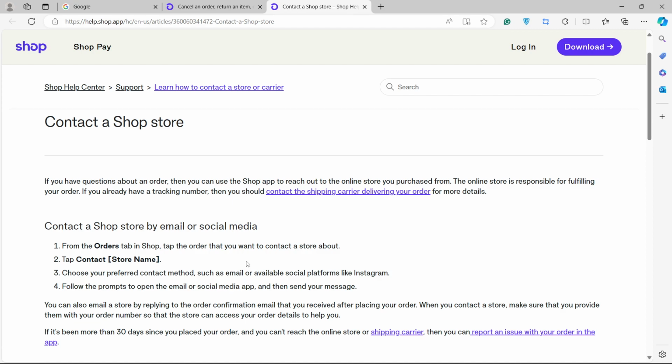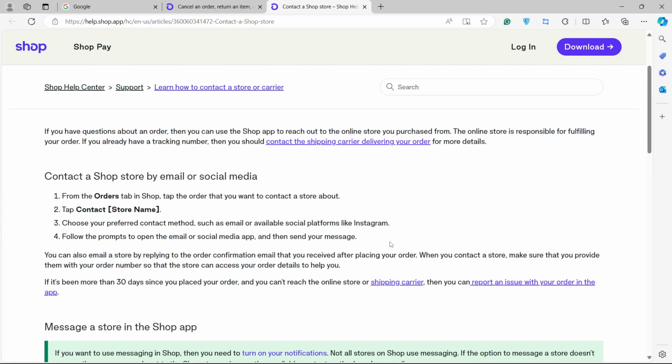From the Order tab in Shop, tap the order that you want to contact the store about, tap Contact, click on the store name, choose your preferred contact method, that is email or available social media like Instagram. From the prompt, open the email or social media and then send your message,